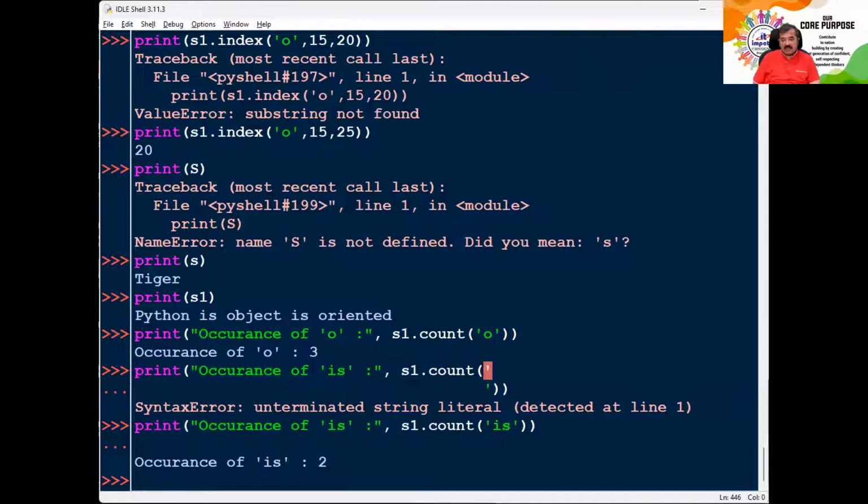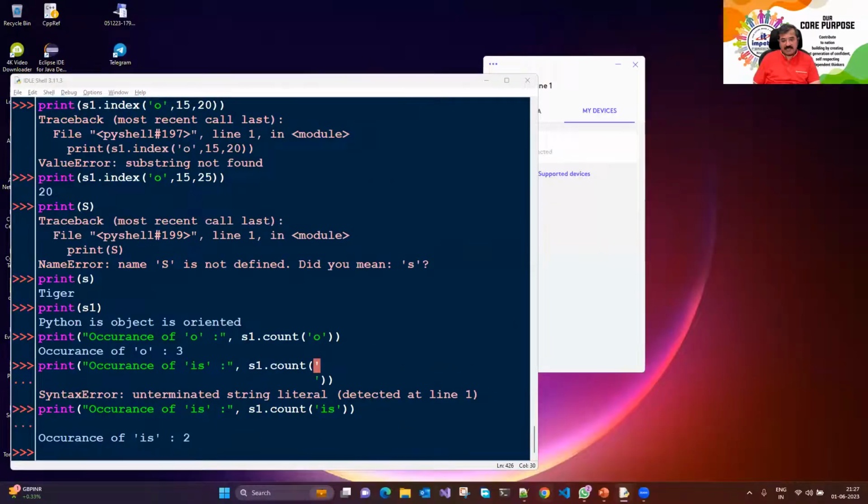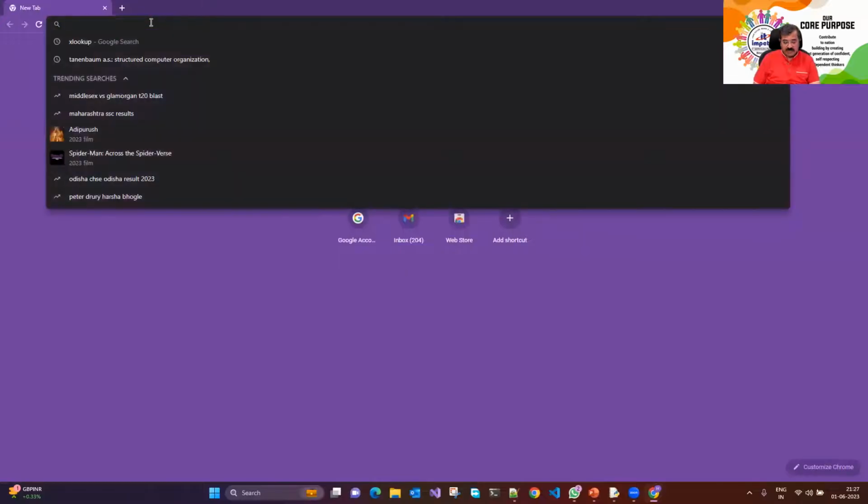So we have seen the number of times the character appears. Now, there are so many functions which are there. You will actually go crazy looking at all the functions. Let's have a look at the various functions which are present. In case we don't recollect, then we can always go to